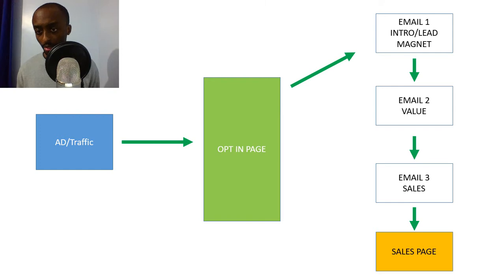So now, just focusing on the third email here. This is our sales email. So once we've delivered some value, again, on our third email, we could perhaps go for a sell here. With a sell, this is just us basically presenting. We don't want to do too much selling within the sales email. The purpose of the sales email is just really to get them on the sales page here, which is basically the end goal. So with the sales email, this will be just presenting the offer,